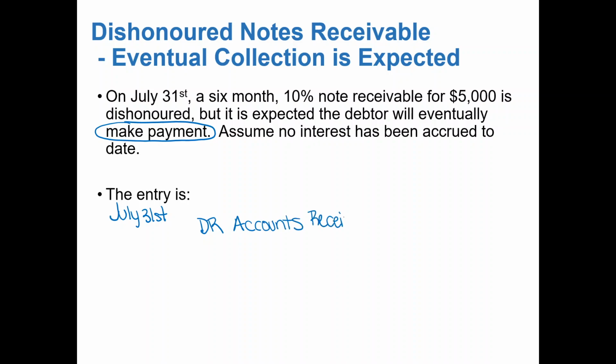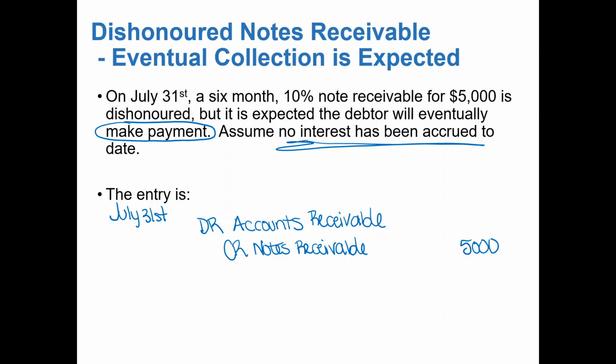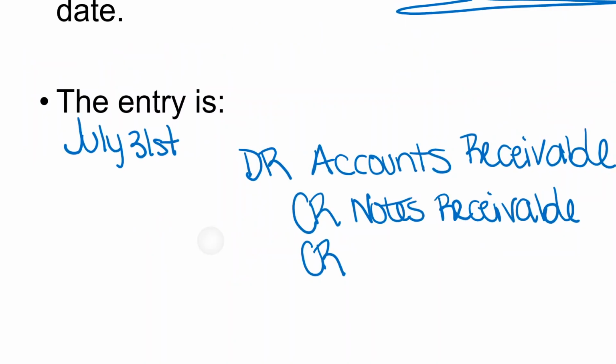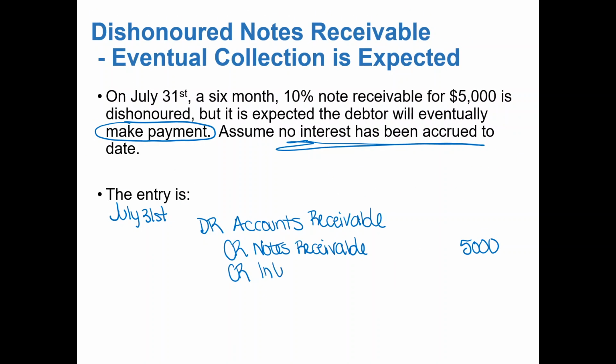So we're going to set up this accounts receivable so that, as I said, our credit department can track that money down. And we're transferring this from or removing the notes receivable, and we do that by crediting it. So we credit the note receivable for the principal amount of the $5,000. But since no interest has been accrued yet, we also need to recognize all of the interest on this because we think we're going to get that. So we're going to credit interest income,